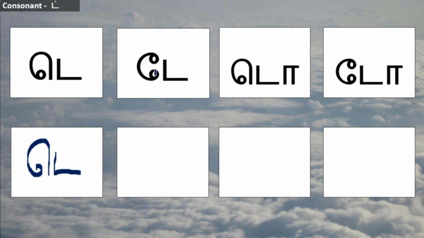Te is written with a இரட்டைக்கொம்பு symbol prefixed to the letter ta. இரட்டைக்கொம்பு is nothing but a C, capital C, with 2 small circles at the beginning and at the end. A small circle, then C and another small circle. This is இரட்டைக்கொம்பு. It is suffixed with ta. So this is te.